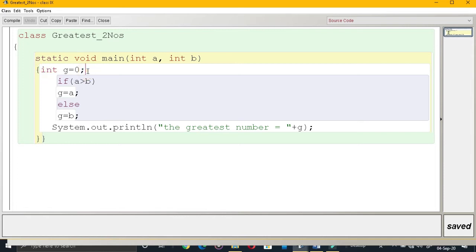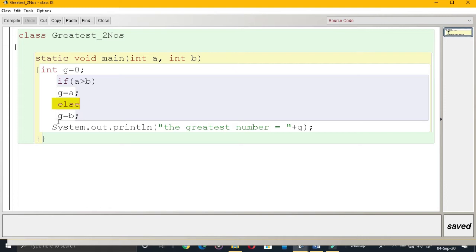Now checking if A greater than B. While running the program, I have given A as 15 and B as 45. Checking 15 greater than 45. It's false. False means else part will be executed. What is else part doing?